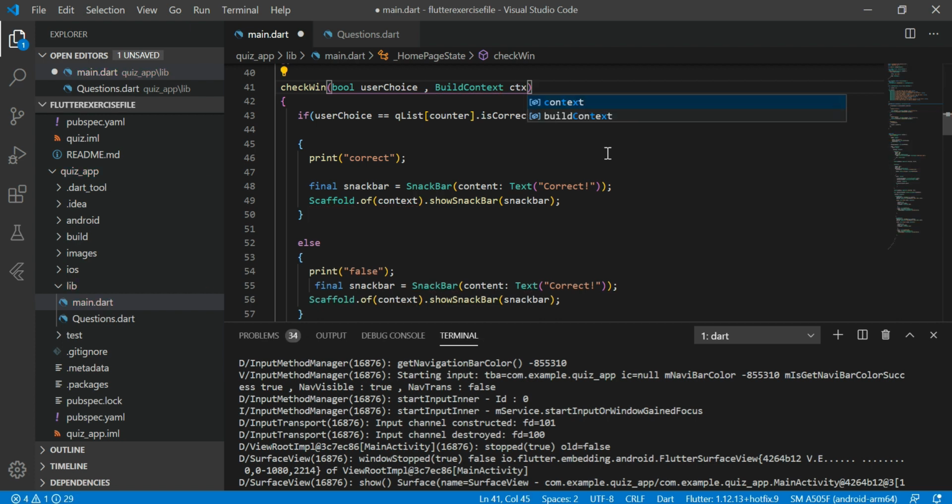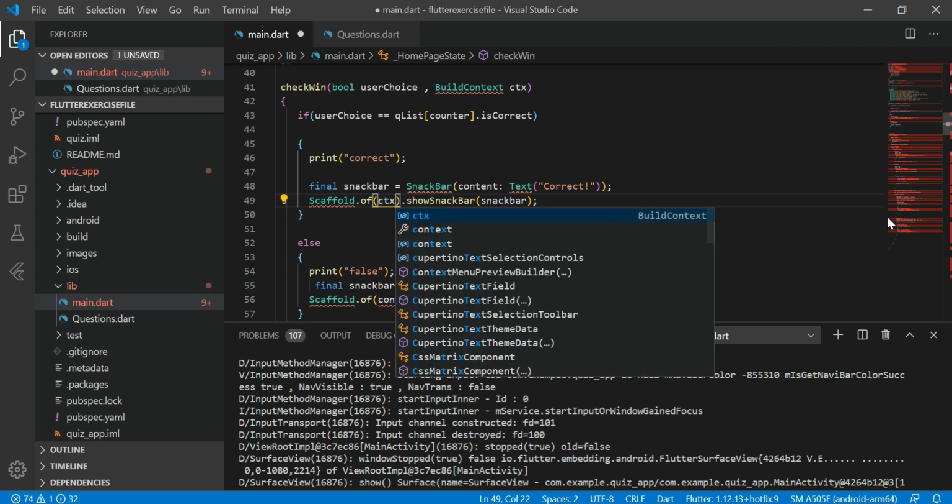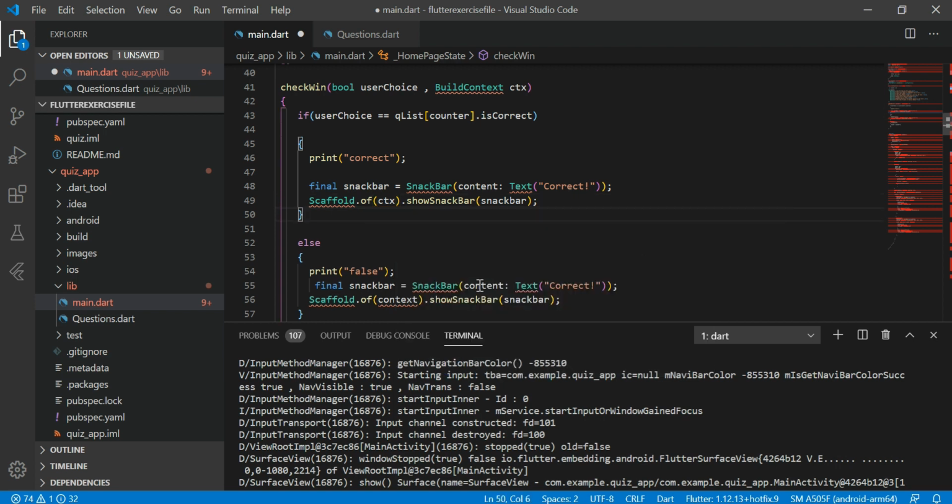In simpler words, we are using a different context, and this ctx is different because we are using it in a method which is outside our build method. The method that we are using, check, we built outside our build method. That's why the snack bar is using a different context. Now let's run this app.